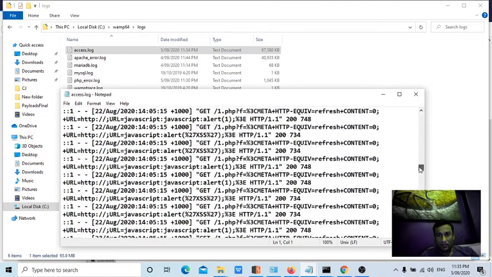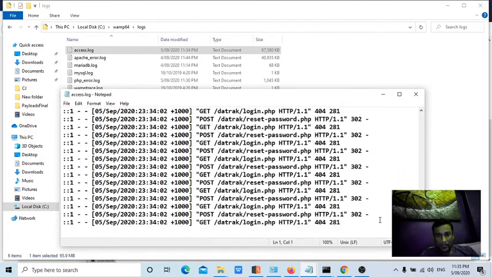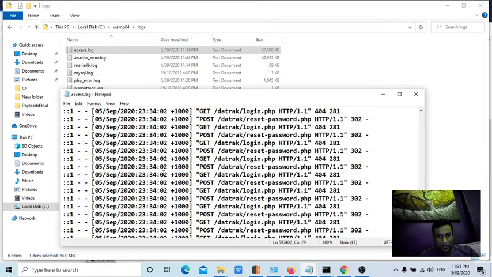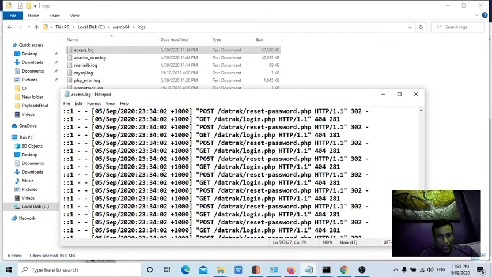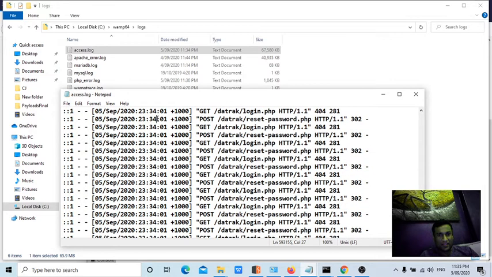Yes, now if we come to the end here, it has sent so many requests, guys. Since the POST request data cannot be stored here, it is saying 34, right? So at 34 it has been seen. Can you see, guys? So many requests have been sent by the application. That means the application can access the pages.